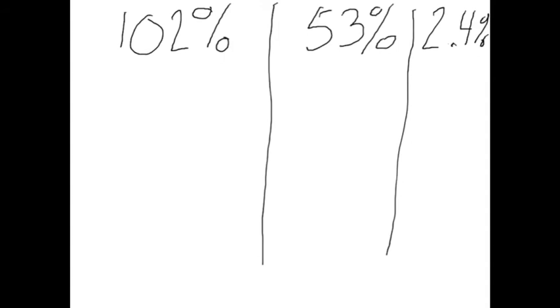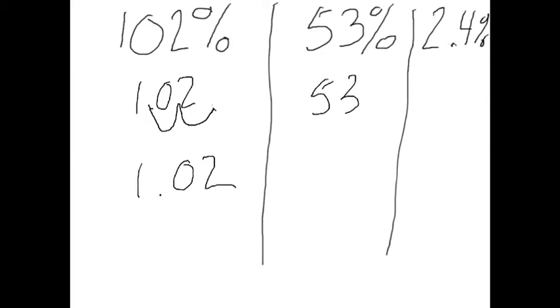Okay, so if turning a decimal into percent is multiplying by 100, then turning a percent into a decimal is going to be dividing by 100. So I'm going to replace the percent sign with a decimal point, and then I'm going to move it 2 places to the left and rewrite my number with the decimal point, 1.02 or 1 200ths. I'm going to drop the percent sign, move the decimal point that I replaced the percent sign with 2 places to the left,